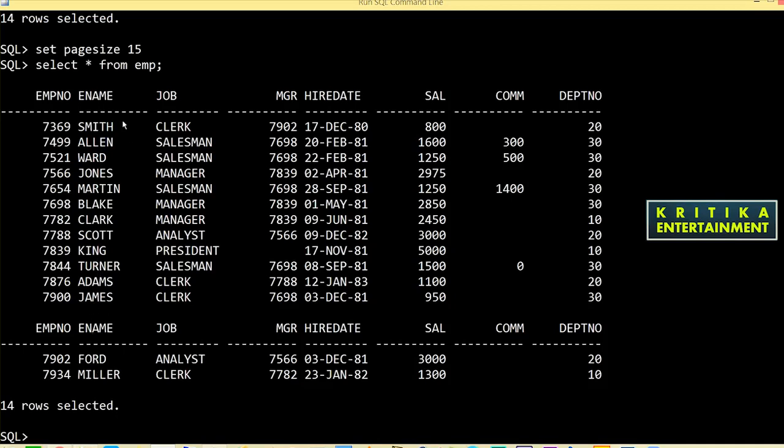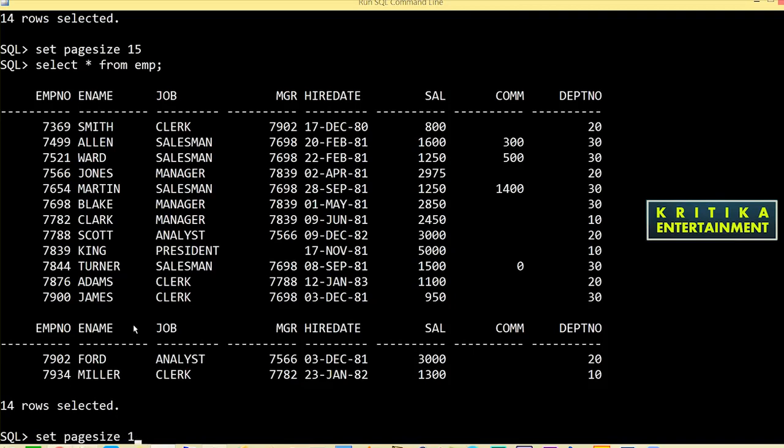This is 15, then 16, 17. You add these two rows. 15 is the header row, the second header, then you add two rows, 16 and 17, so those two rows are moved up.